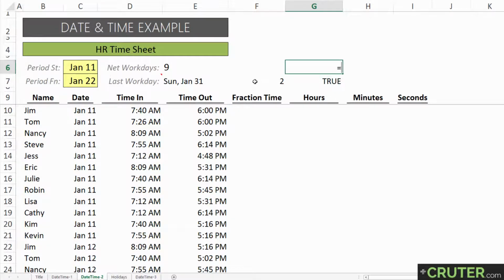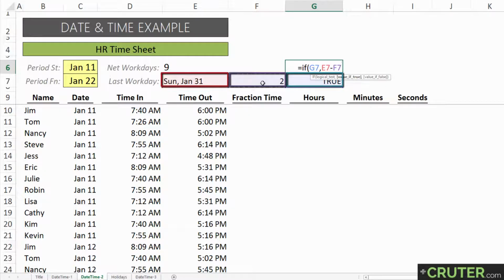Then I need to use this TRUE statement and add it to my logic test right here. I'm going to check if this is true or false, so I'll select this as my logic test. If that is true, that means I'm on a Saturday or a Sunday. So if it is true, then I want to take the value we found for the end of month and subtract the days of the week. I'm subtracting 2 from Sunday, which gets me back to Saturday, Friday, so it would land on Friday. And if it was Saturday, it would say 1, so I'd subtract 1, which would get me back to